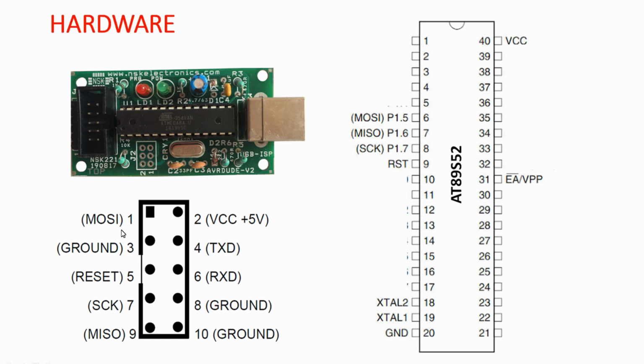I just want to connect the MOSI to pin 6 and MISO to pin 7 and clock to pin 8, and the reset pin must also be connected to pin 9. Then the VCC must be connected to pin 40 and ground must be connected to pin 20. In addition to this, you just want to provide an 11.0592 MHz crystal to the 18th and 19th pin of the microcontroller, and then you just want to pull this EA pin high so that you are indicating to the microcontroller that you are going to use the internal ROM of the microcontroller. So using this circuit, you can also upload the hex file to this microcontroller even on a breadboard.